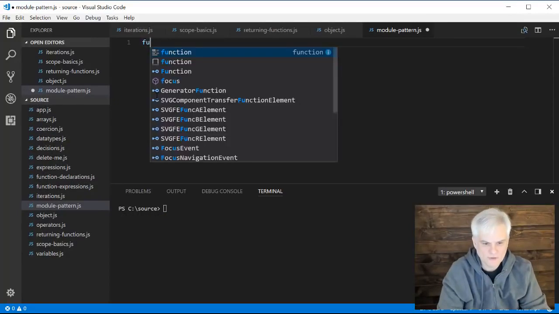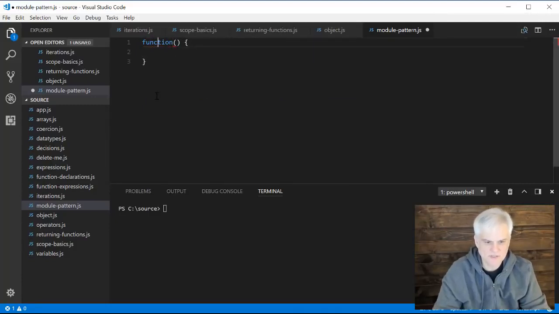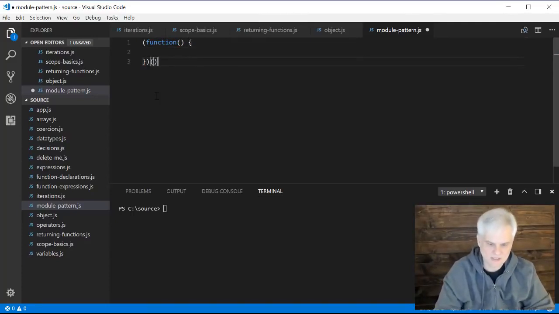And to do that, hopefully you remember how to do that. We're going to start with a function expression. We'll just create an empty one to start off with. We wrap it in a set of parentheses, and then we use another set of parentheses to actually invoke it. All right. So what I'm going to do before we get any further is actually set this immediately invoked function